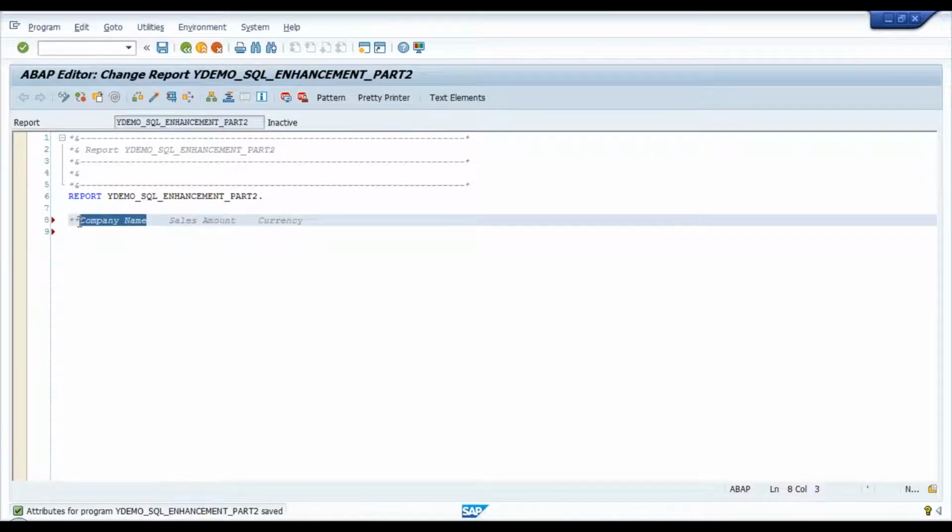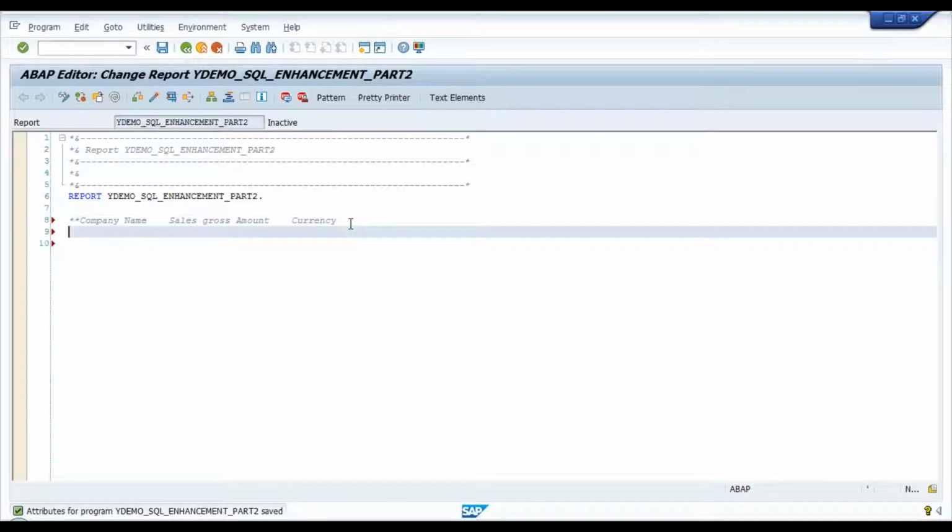Company name is part of the BPA table. Sales gross amount is part of the sales order table. So what is the technique I will use to bring this data from two tables? Whenever you want to get data from more than one table, which technique do you typically use? Inner join, absolutely. So I say select business partner table company name, sales order table gross amount, and once again sales order table currency code